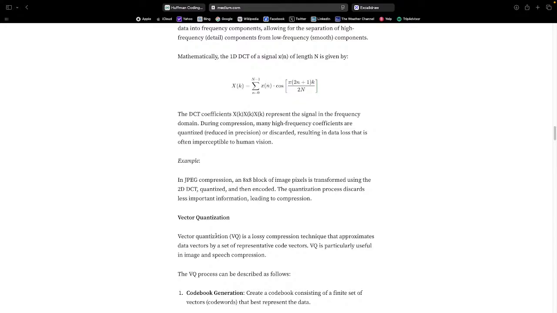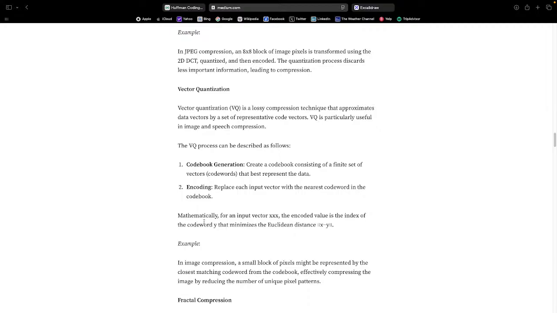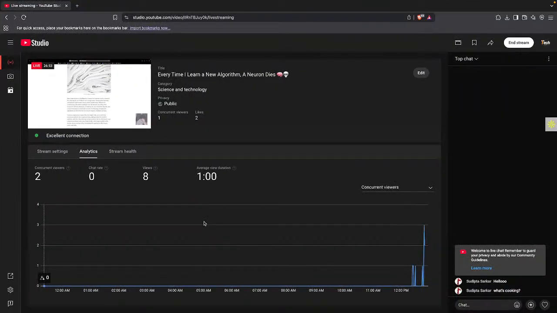Vector quantization. Vector quantization is a lossy compression technique that approximates data vectors by a set of representative code vectors. VQ is particularly useful in image and speech recognition. The VQ process can be described as follows. Codebook generation: create a codebook consisting of a finite set of vectors that best represent the data. Encoding: replace each input vector with the nearest code word in the codebook. Mathematically, for an input vector x, we have